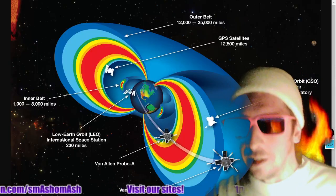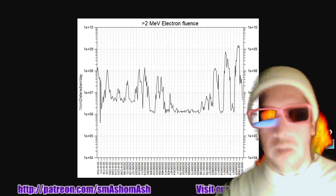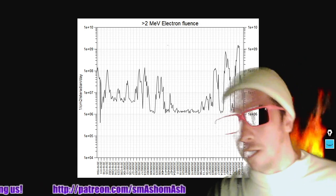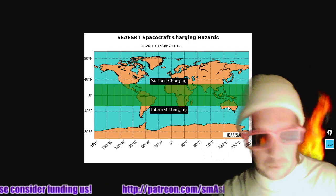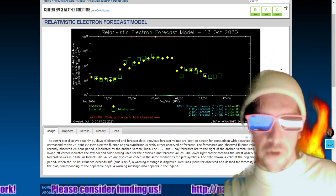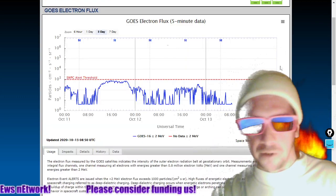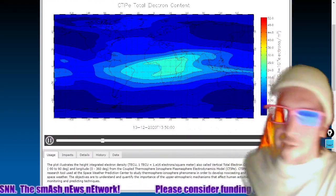It was truncated. Let's get back to space, talking about electrons. Ain't talking about love, 'cause I'm talking about electrons. There's the 1-year graph of the relativistic electron flux. We don't see any charging hazards as the electron flux has cratered, and NOAA is forecasting it to level out. There's a 3-day graph. Here's a visualization, and you should have pretty...